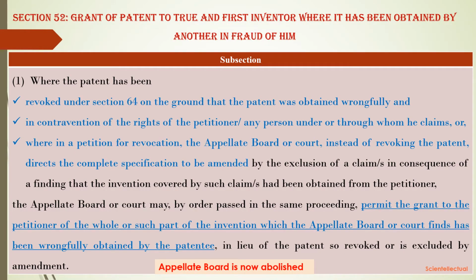Let's discuss section 52, grant of patent to true and first inventor where it has been obtained by another in fraud of him. Subsection 1. When a patent has been revoked under section 64 on the ground that the patent has been wrongfully obtained and in contravention to the rights of petitioner or any person under or through whom he claims,